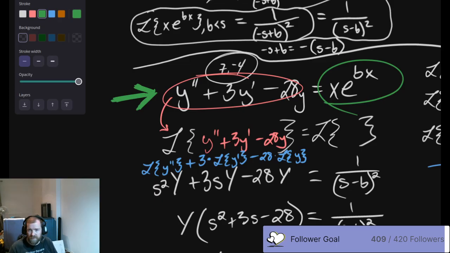What this is right now, x times e to the bx, this is a force that you're actually actively applying to this particular system. So if you had a spring mass system, this is you going like this, while it's trying to do its own natural thing, which again have these particular zeros of this function. They have a particular behavior that they just naturally do, again, if you just dropped it and let it go and didn't touch anything. That's the natural behavior.